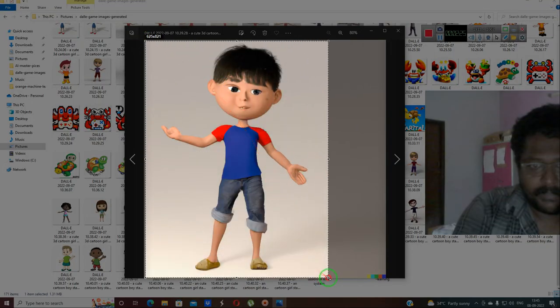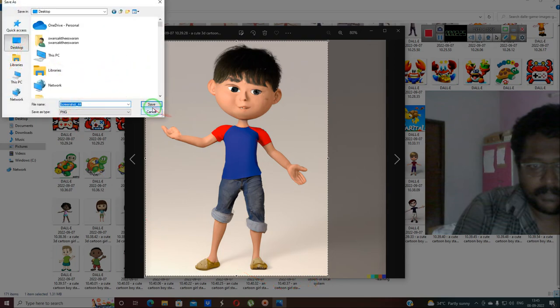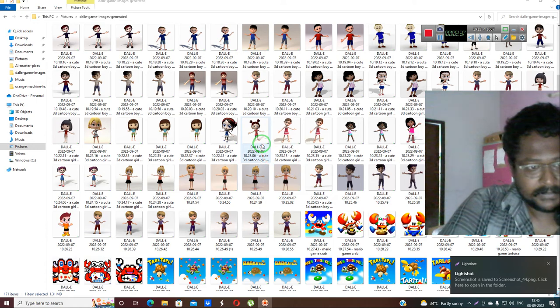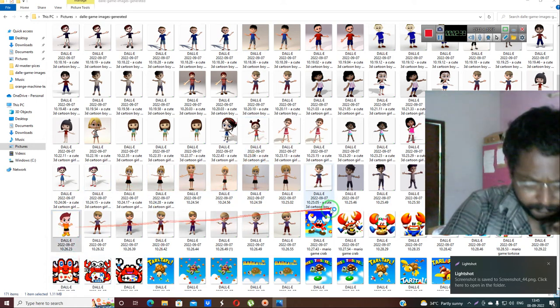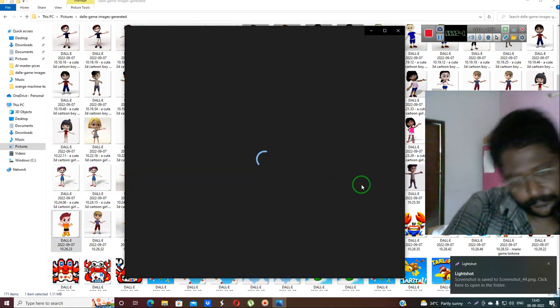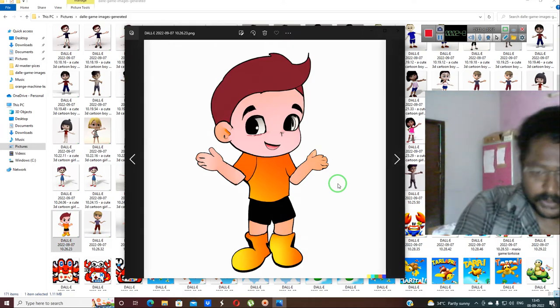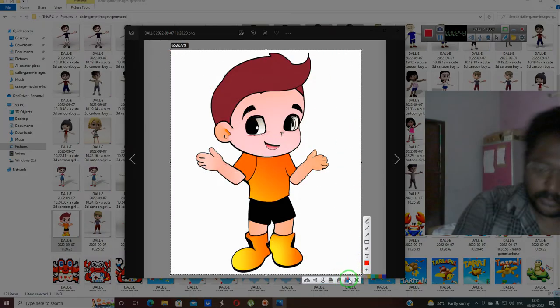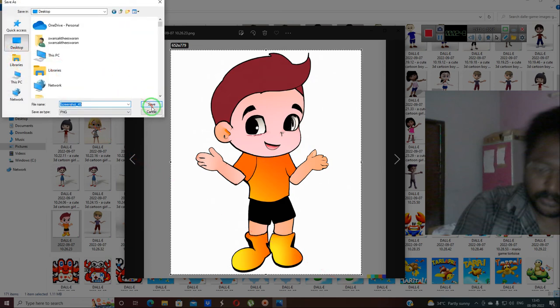It looks like a very Asian boy. Let's get started with another one. This one is so cute. These characters are going to be the game characters, and I think this would be the first app